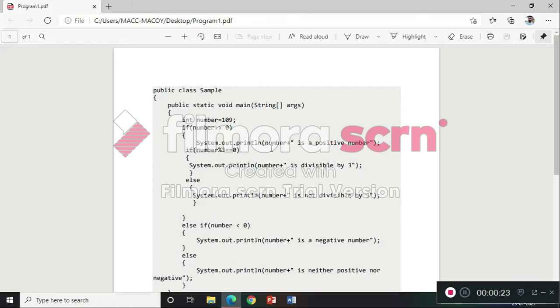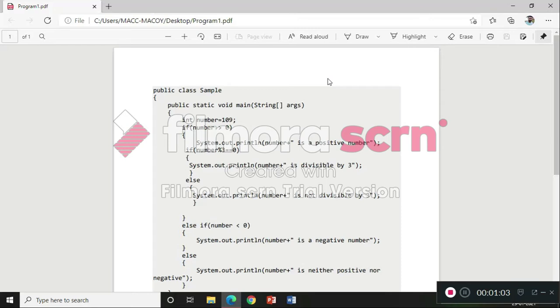I am assuming that you are quite aware of if-else. So the question is using if-else: you are supposed to figure out whether a given number is a positive number or a negative number.